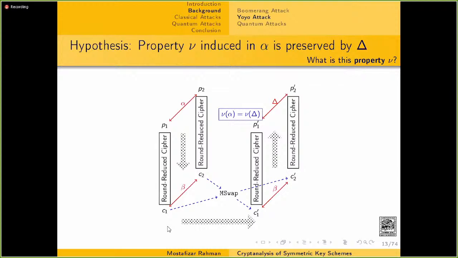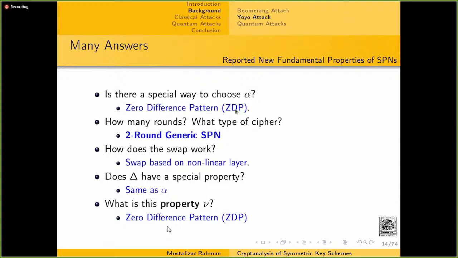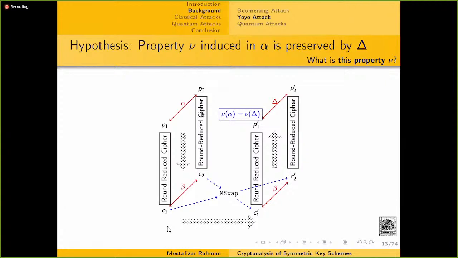Now what is this nu? There are lots of questions here. What should the round-reduced cipher be, what is this M swap operation, and what will be the value of nu? What is the nu actually? Nu is basically a zero difference pattern. By zero difference pattern, we mean that